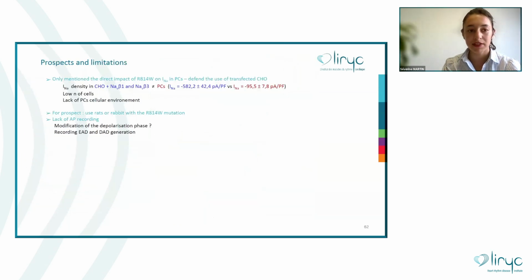And for the perspective limitation, they only mention that they cannot do the characterization of a variant inside Purkinje cells. So for me, they defend the utilization of CHO cells. I can understand this part because I know that it's very difficult to isolate Purkinje cells, and I think they cannot find a way to maintain these cells in culture to elicit transfection.